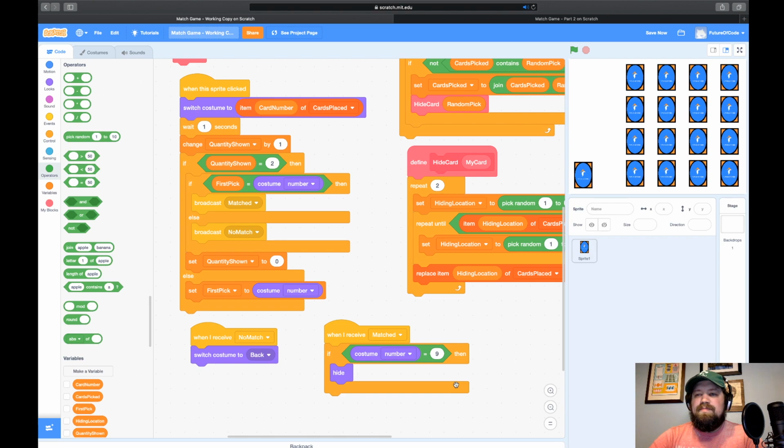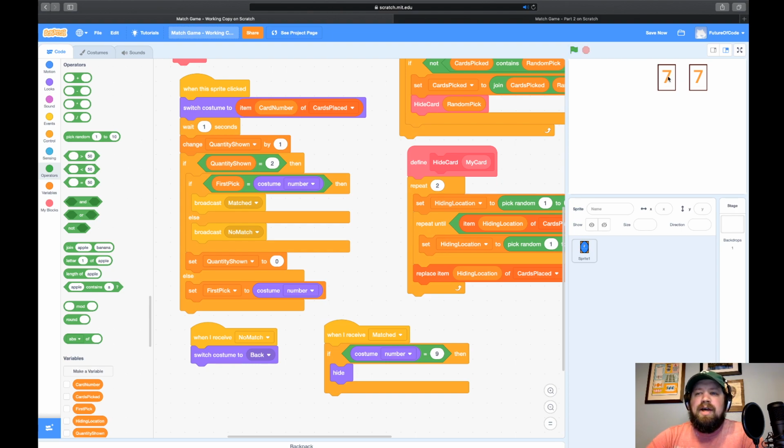All right. Now let's see what this does. I want to see what this does, because I have a feeling this is going to be another bug that we need to fix. So let's check this. It's 10, 7. There we go. 7 and 7. Uh-oh. This hides everything else but those two. That's not what we want either. But we can fix this.